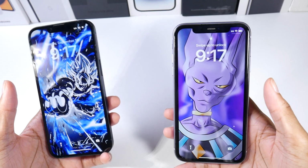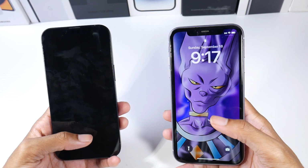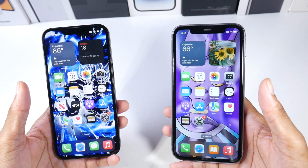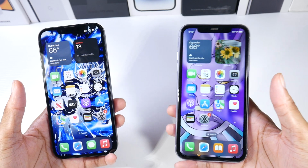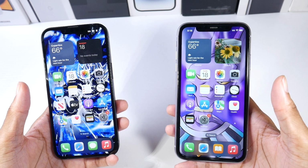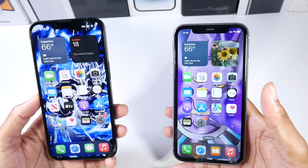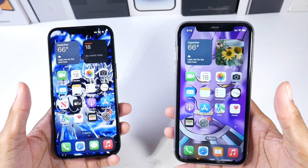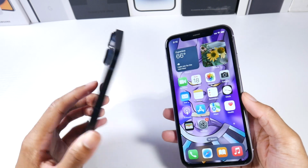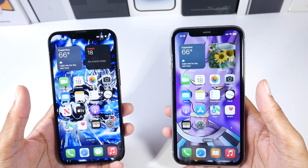Basically, just to wrap it up, the real upgrade is really, I guess, the screen, right? It's OLED now, it's higher resolution. But I wouldn't say the chip is a real upgrade because the 11 is still really fast. And the cameras I thought were way too close, in my opinion. Yes, the 14 did have better shots. But like I said, was it that much better? Because there's no telephoto lens. Is the cinematic mode enough? So it really comes down to